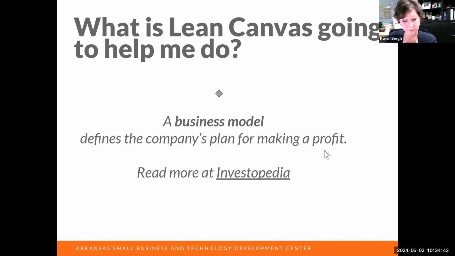So I included this link from Investopedia, which I don't really have time to click on right now, but take a look later, because it lists all of the different types of business models. Earlier I mentioned software as a service. There's a whole list of them, like retail, software as a service, freemiums.